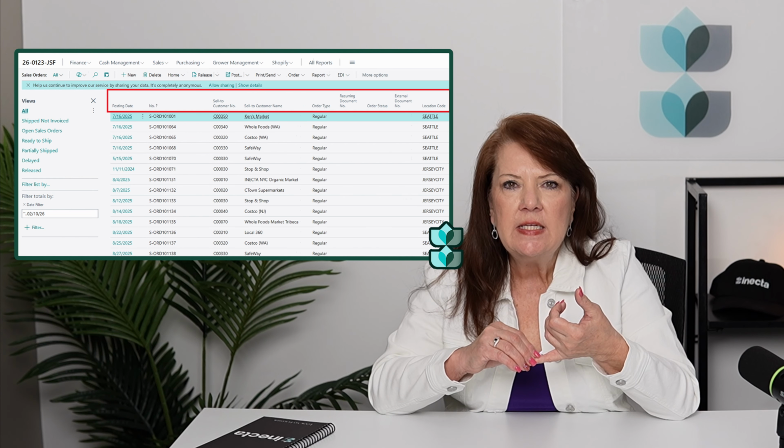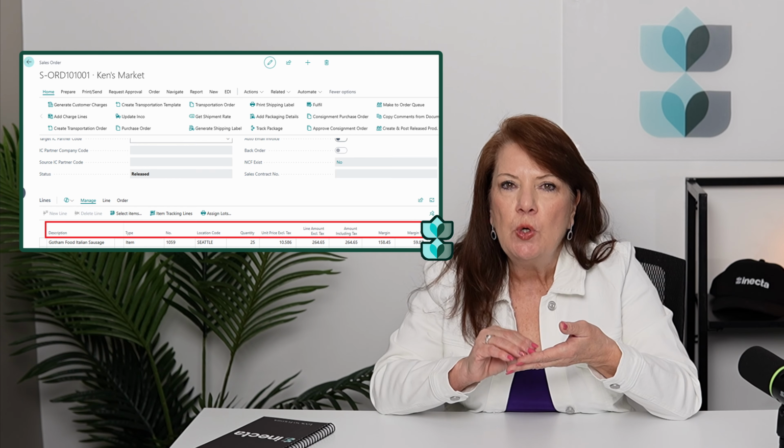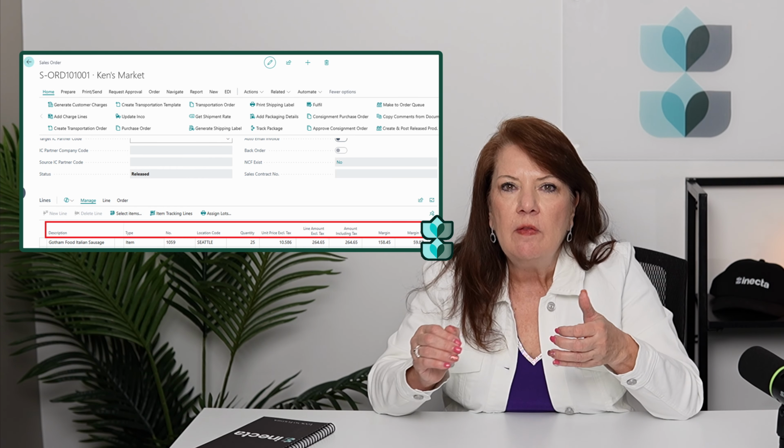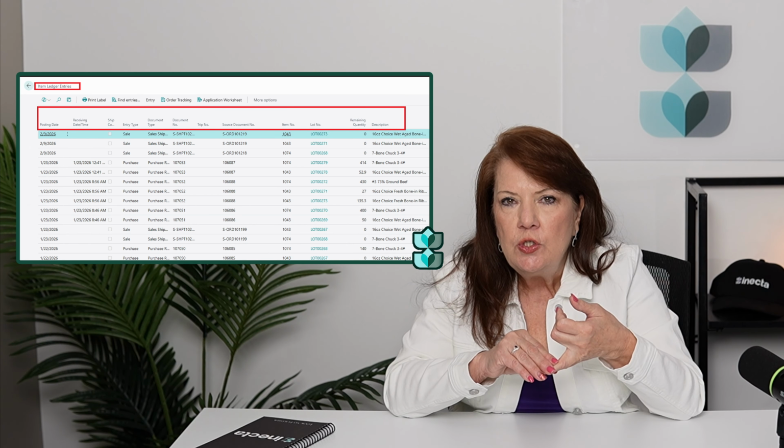You do not want to take time on every sales order to scroll over and search for what you need to key in. It's much more efficient to personalize your page and put the columns where you want and hide the columns that you're never going to use, whether that's in the headers or in the lines. Same with if you're looking at an item ledger entry. Move the columns around so that you are seeing the things that are most important to you